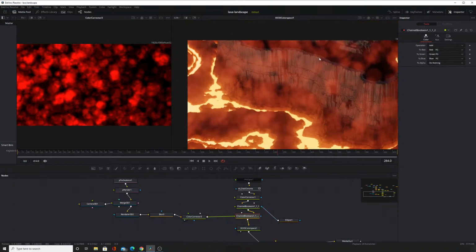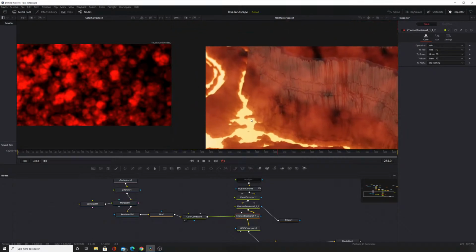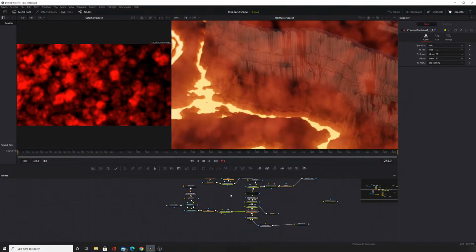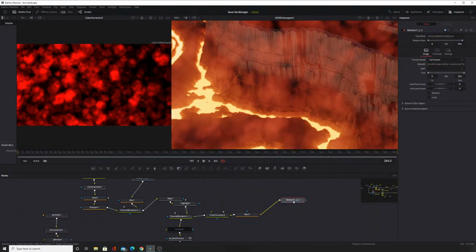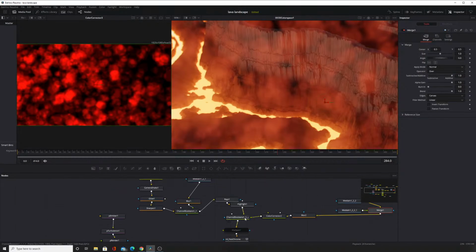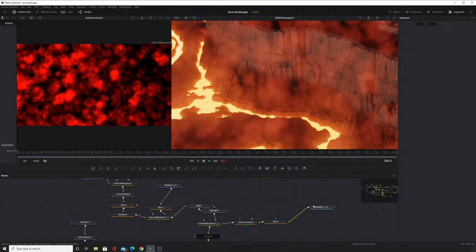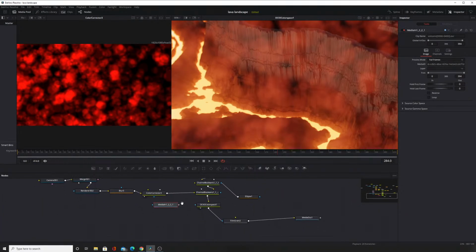But the problem is, I don't want it to apply on the whole entire thing. I just want it to apply on the bright areas. So I believe there's a way to do this. So what I'm going to do is I'm going to take the media in. I'm going to just Control C and then paste it, Control V. Where did that go? Let's undo that. Media in, Control C. There we go. Okay, so I'm going to drag that down,